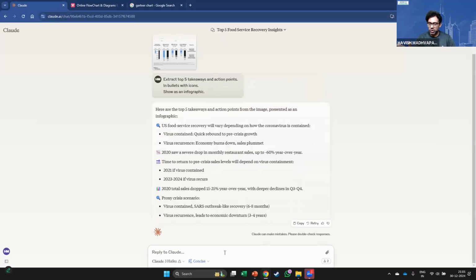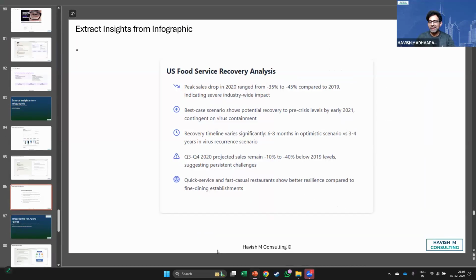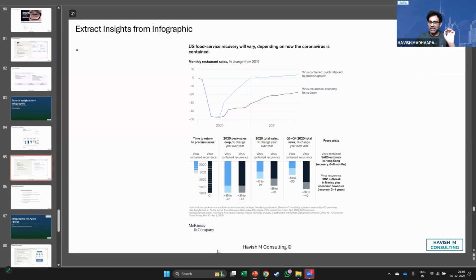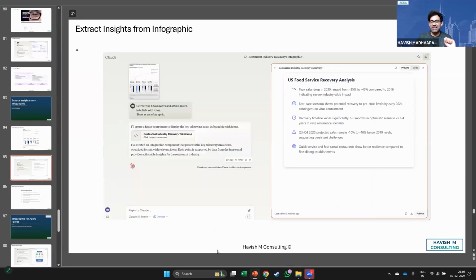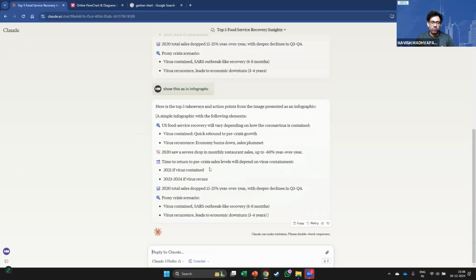Anyway, it can do this for you. And if I say, show this as an infographic, by now you have the idea of what is possible. By the way, this is what I created. So cool, right? I took a very complicated chart, a lot of stuff happening here, these combination charts, trellis charts, right? And I managed to create the summary like this. Here, if you see, it didn't create an infographic, but you get the idea.